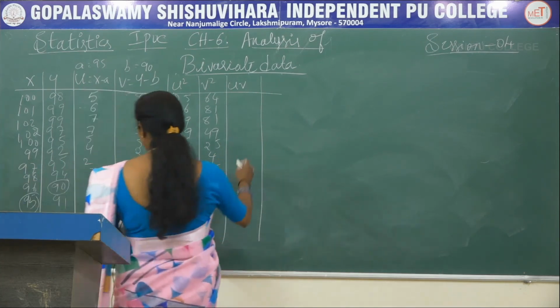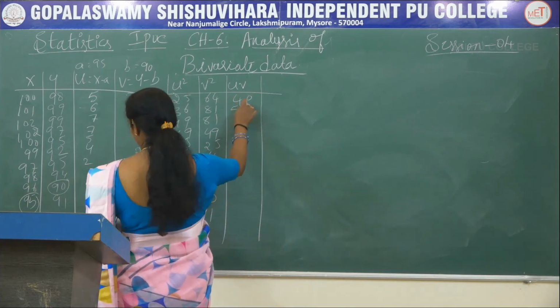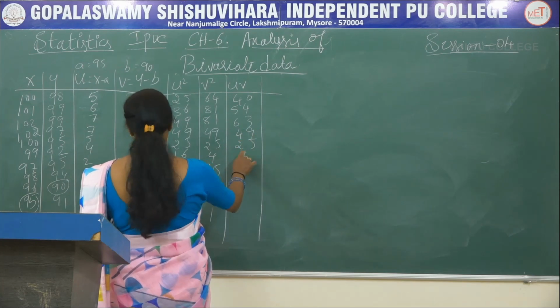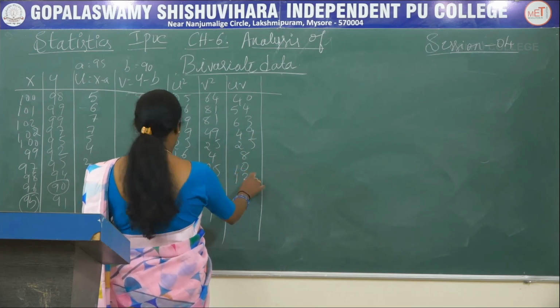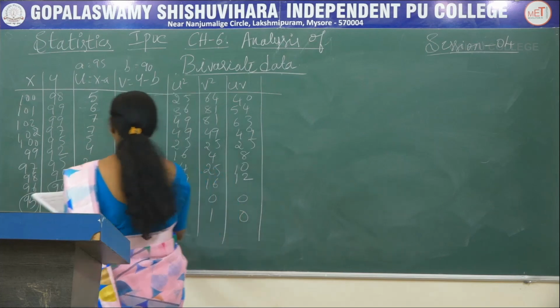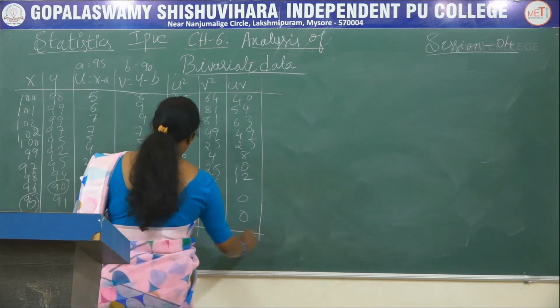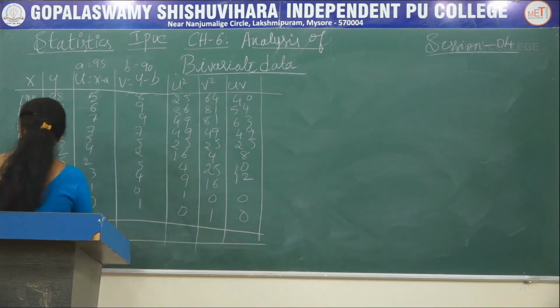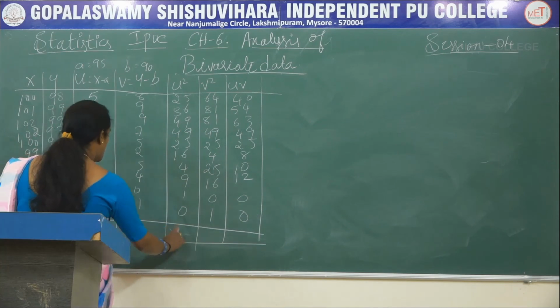U into v, it is 40, 54, 63, 49, 25, 8, 10, 12, 0 and 0. Now you take the summations of these values so that we can substitute that. It is 40, 50, 214,